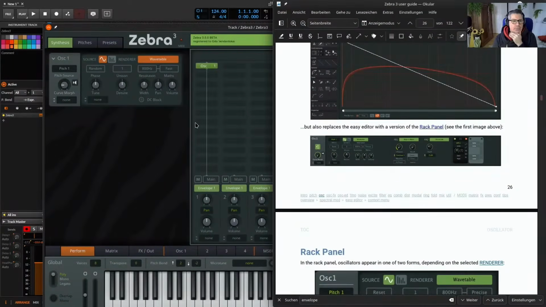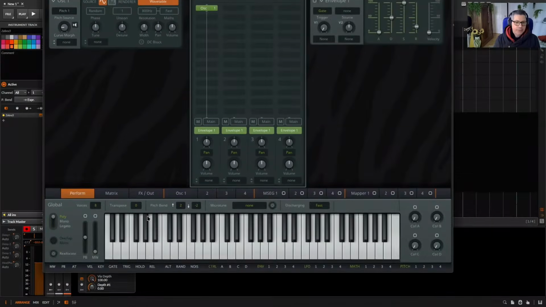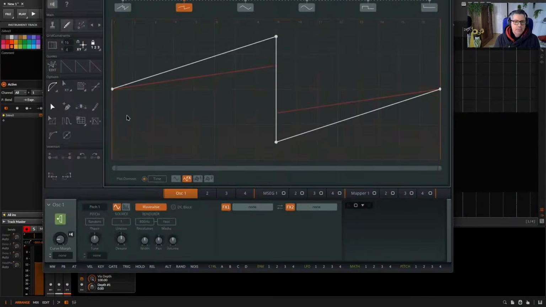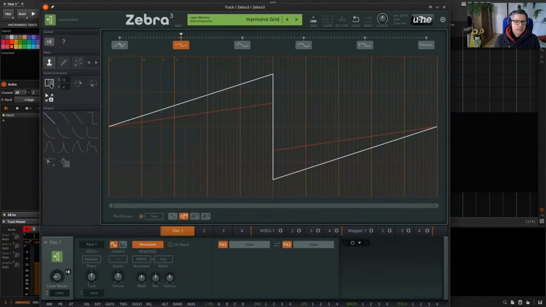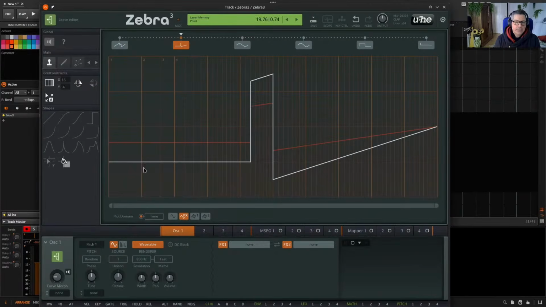Then the whole oscillator drawing, like this one. Okay. This is how you can turn all the stuff. This I didn't get. This is like painting, but